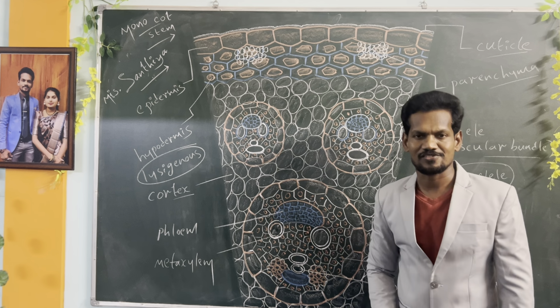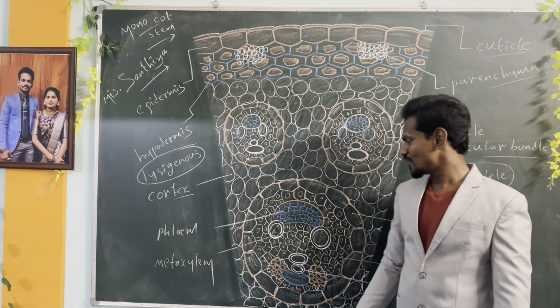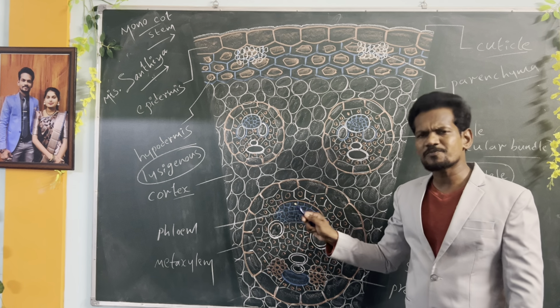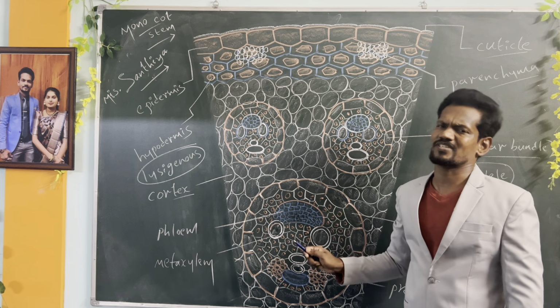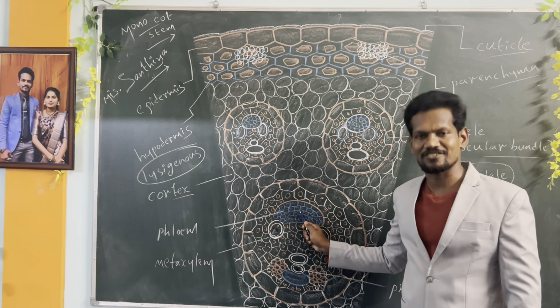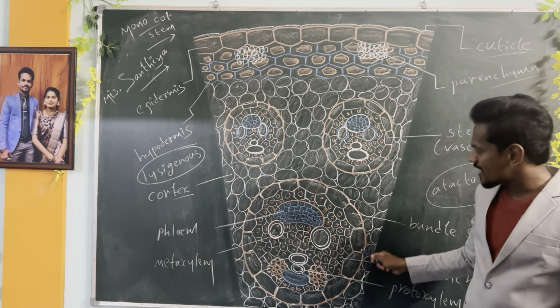Just vascular bundles, conductive tissue, transporting tissue, complex tissue. Because once again I am repeating, endodermis is absent, pericycle also is absent. Only xylem and phloem is present. And this xylem and phloem is surrounded by, enveloped by